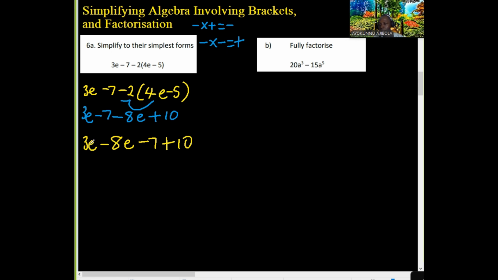If I combine the 3e and 8e, I'm subtracting. 3 minus 8 gives me negative 5 because 8 is a big number with a negative sign, so it's a negative. That will be my answer. That is a smaller number minus a bigger number gives a negative answer. Then I have e. Then negative 7, positive 10 is going to give me a positive 3. Why? Because the